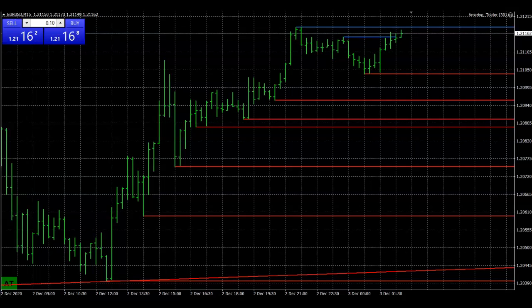We've solved that mystery with the Amazing Trader and our strategy guide. By the way, the strategy guide is more than just strategy. It's got insights you won't find elsewhere. Look at just an example that we see all the time, a 15-minute euro dollar chart from December 2nd. If you would have bought anywhere along this pathway with a stop below the most recent red Amazing Trader line, you would have been in the position and with the trend rather than being forced to trade against it. If that makes sense to you, which it should,